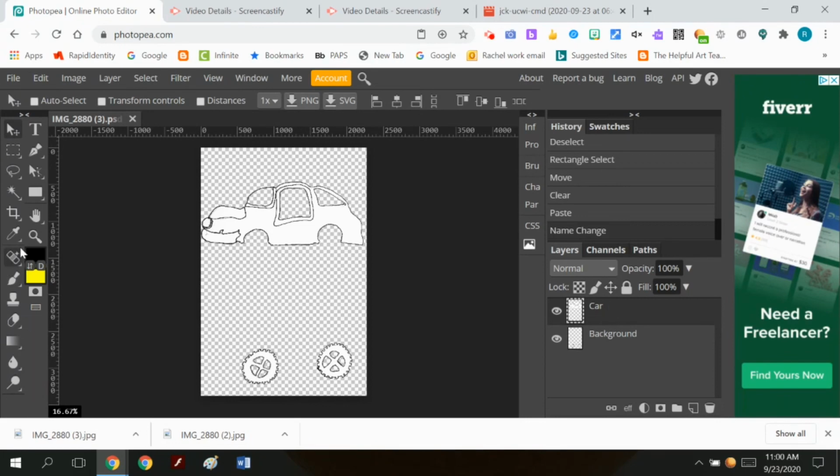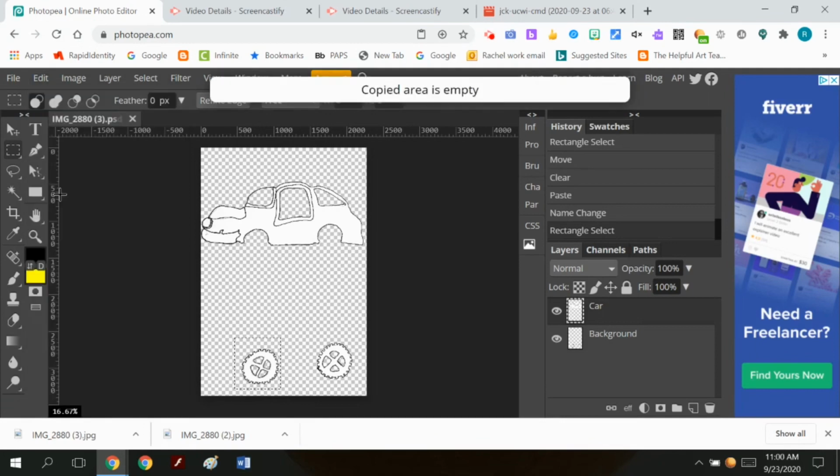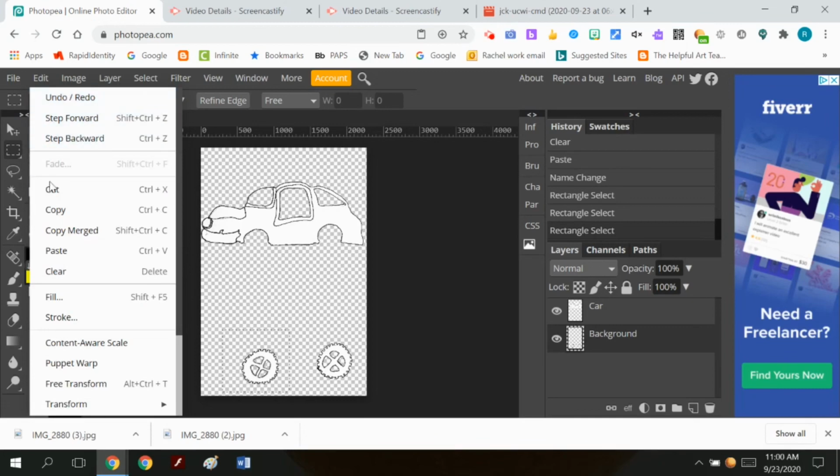And now I'm going to take this wheel, the front wheel, I'm going to just run a rectangular marquee around that, edit, cut. Oh, no, you know what? I was up in the car layer. I was not down in the background layer. So I'm going to have to do that again. There's my rectangular marquee. I select the wheel. No, that didn't work. Select the wheel, edit, cut,